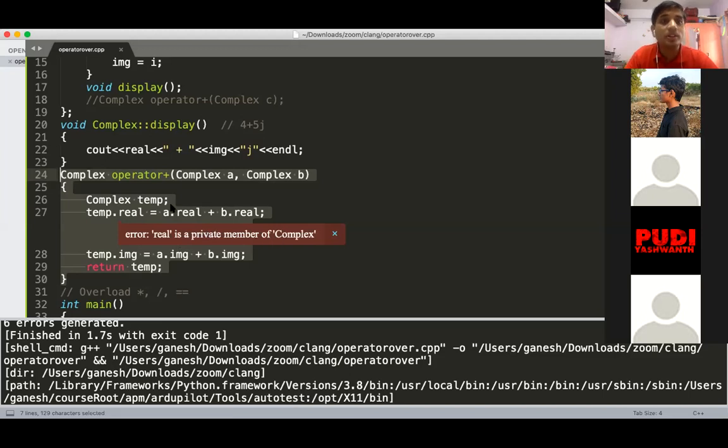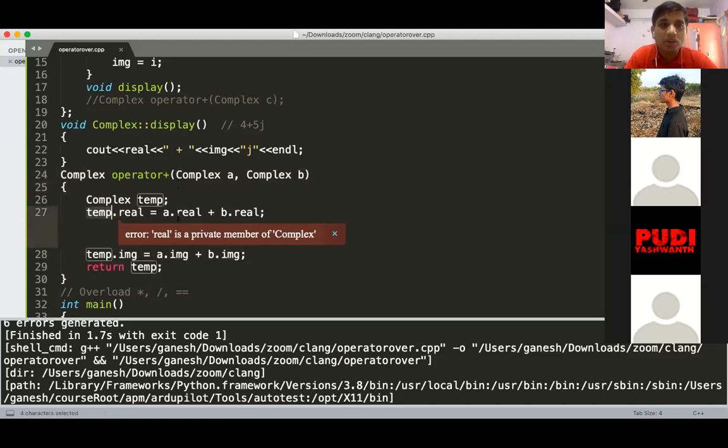Now operator plus is not a member function. In the previous case, operator plus was a member function, that's how we were directly able to access the real. But in our second implementation, operator plus function is not a class member function. It is an outside function. If it is an outside function, the private member cannot be accessed.